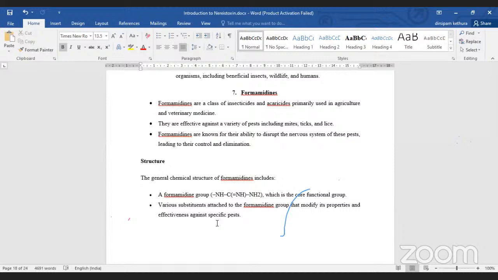And the third one we are going to talk about is formamidins. Under the formamidins,